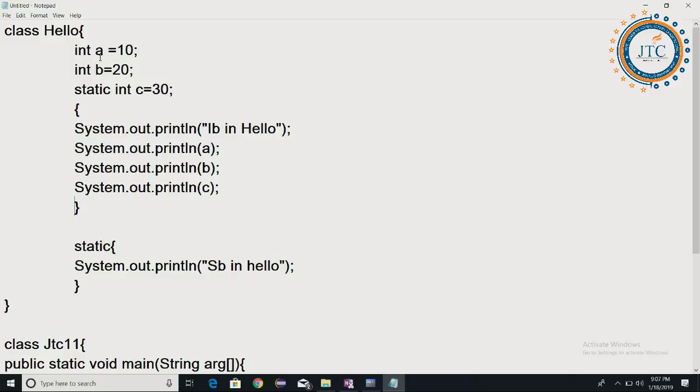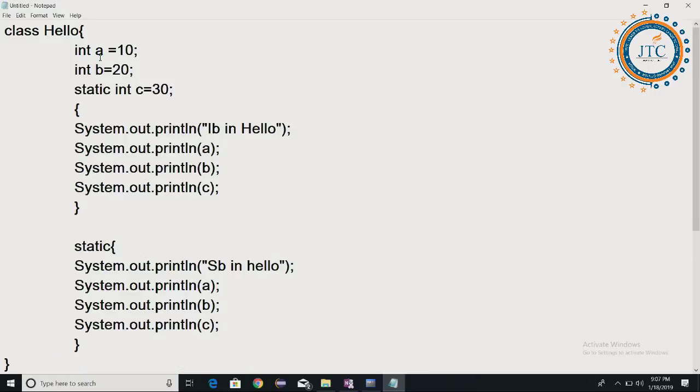So a, b and c I have written, and in the static block also I have written a, b and c. All of you are getting it or not?